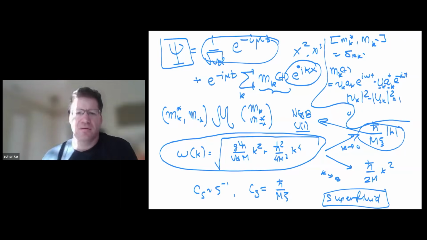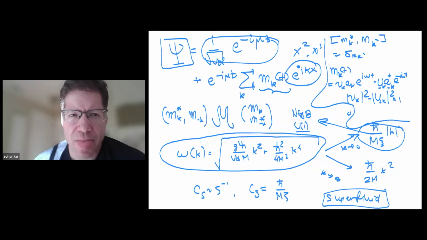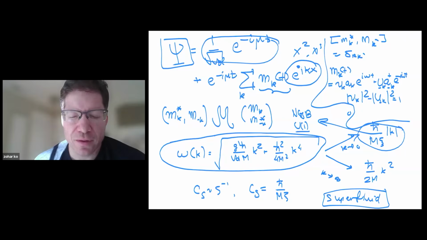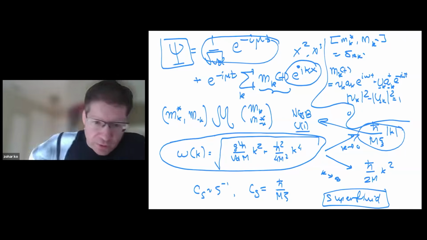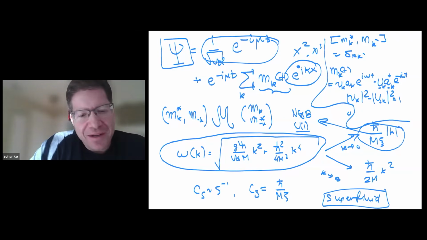Yes, I'm listening. So I'm just a bit confused about the initial setup. How will you take the large N limit while keeping the gas dilute? While keeping the gas dilute, like low density, well, high. No, we don't do that. What we do is we keep the healing lengths fixed. We take the large N limit in a fixed trap while keeping the healing lengths fixed.